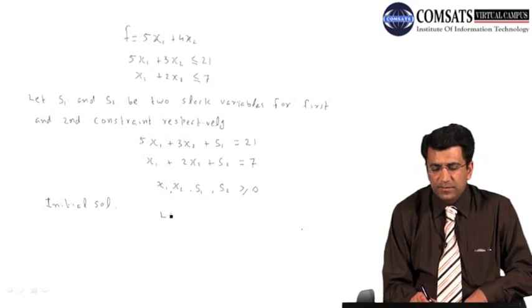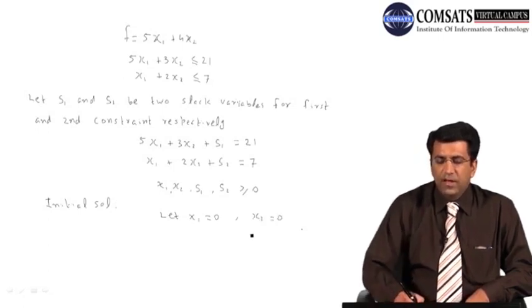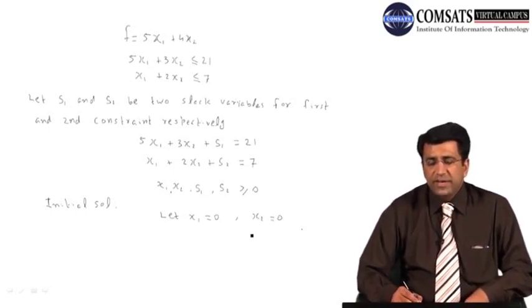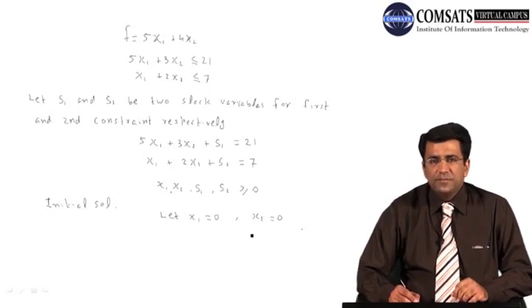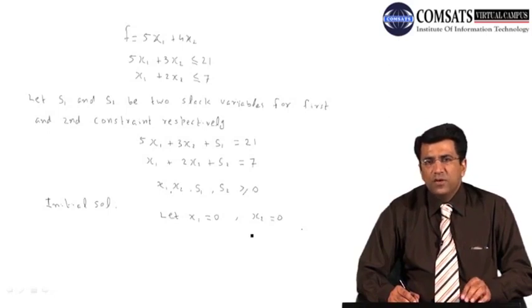Now suppose that x1 is equal to 0 and x2 is equal to 0. Again, why are we putting x1 and x2 equal to 0? This is a step defined in this particular method, and sometimes we follow a rule: we find the total number of variables and subtract the total number of equations. Then whatever number we get, we put that many decision variables equal to 0.